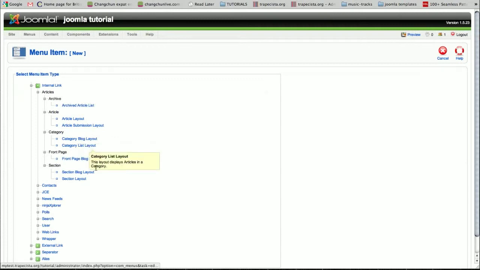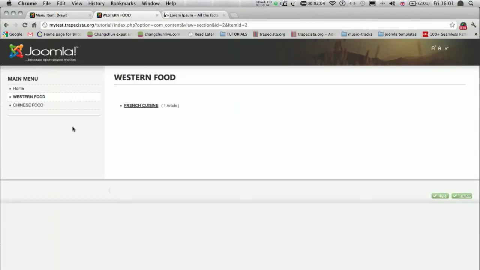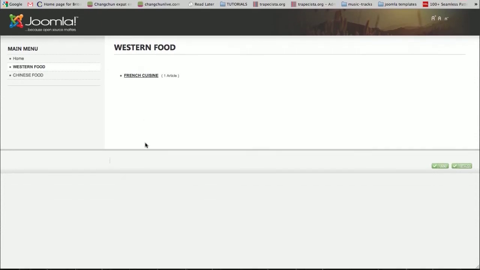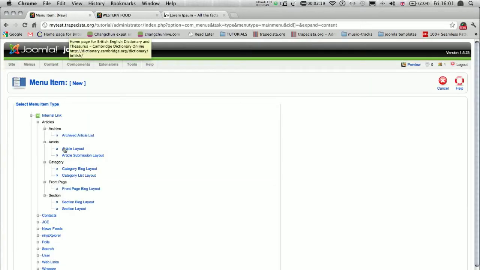This type is a section layout. It displays actually a list of articles, depending on the section. So I can see here I have my French cuisine, which contains only one article so far,